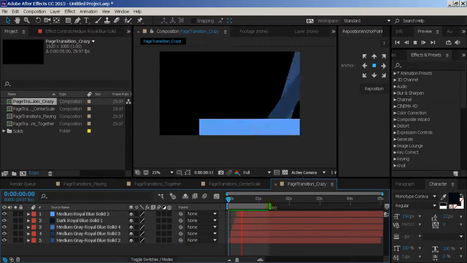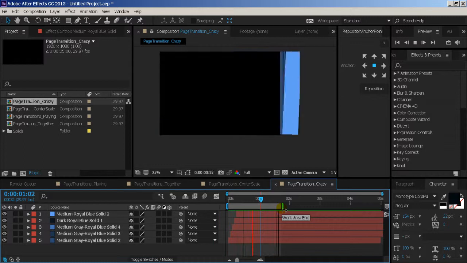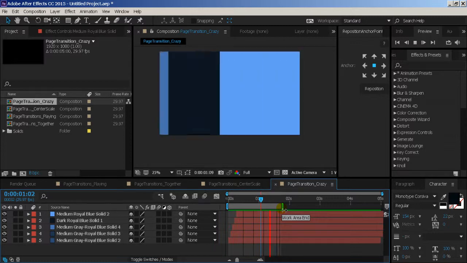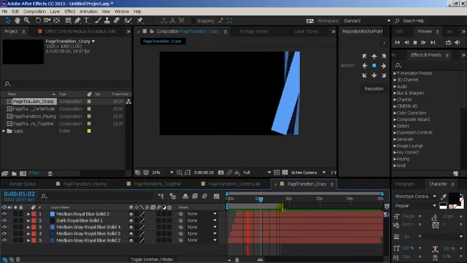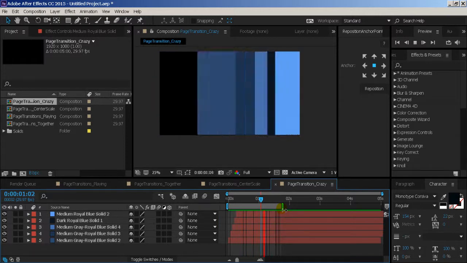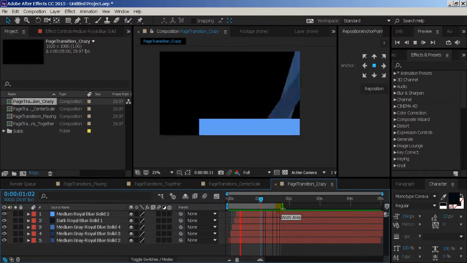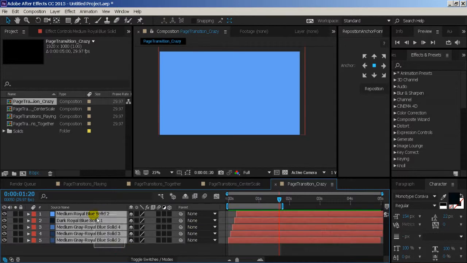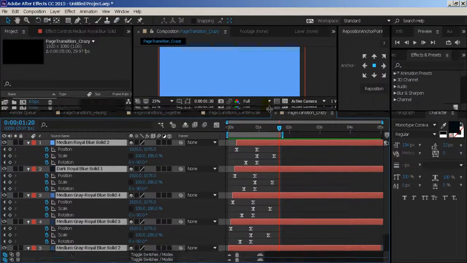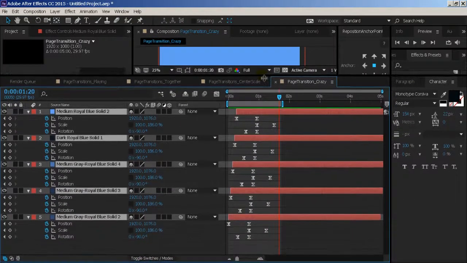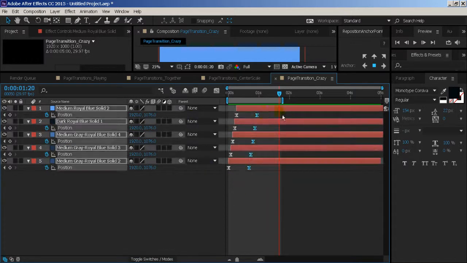All right, and so my work area is a little bit too short, so I'm just going to make this a little bigger. All right, so you can see how you can create some very interesting shapes and transitions with what we're doing here. And it may be going a bit fast, so maybe I'll hit U on here. I want to hit U on here. And I could grab some of these keyframes. So at first, let me go to position,